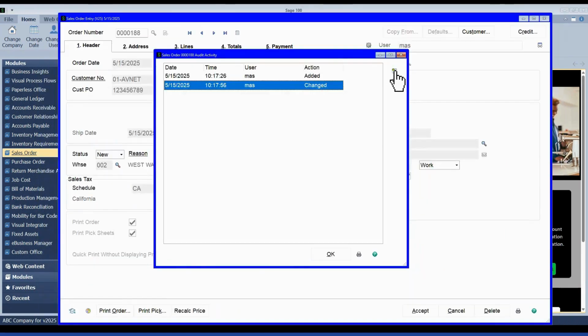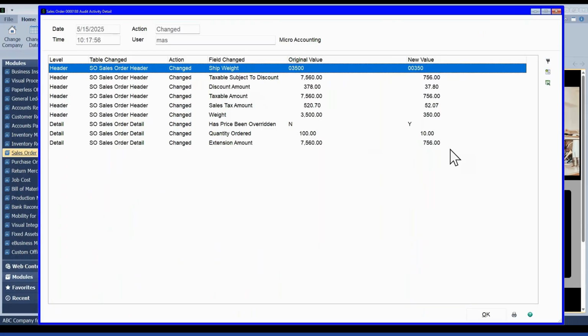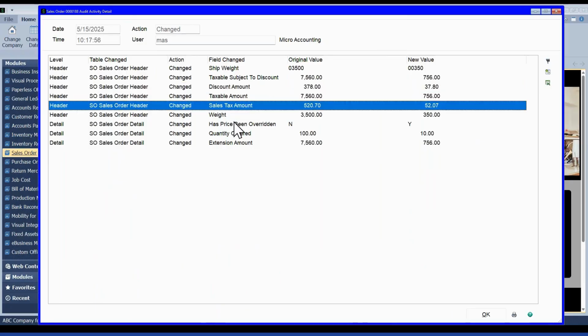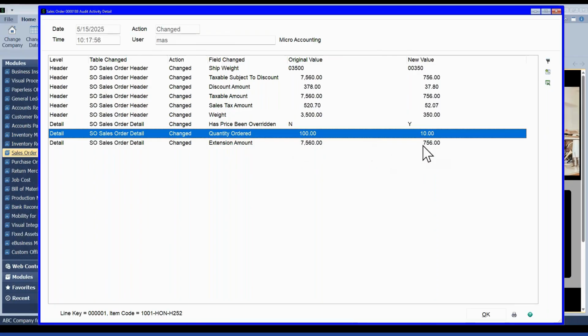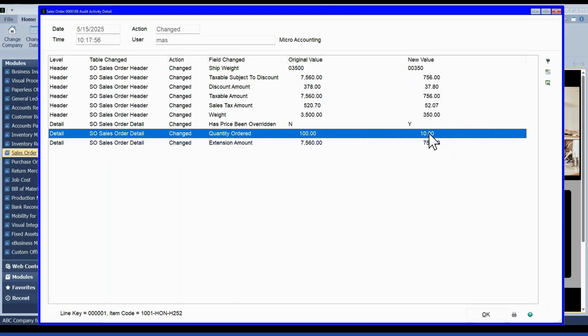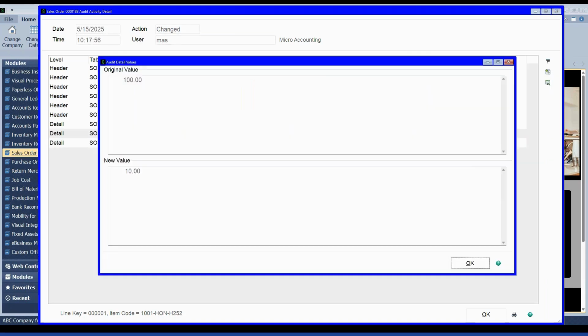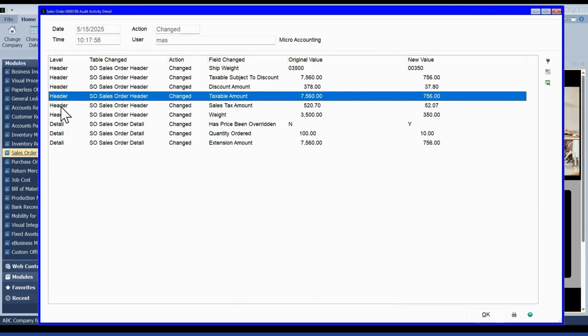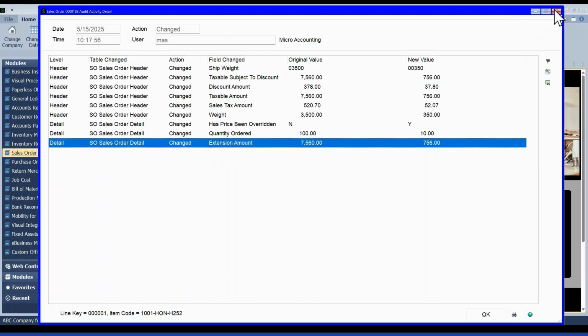Back up the screen, and if I want to see the change, these are all fields that the system recalculated as part of the change I made, even though the only thing I adjusted manually was this one here. It's still tracking, I'm sorry, this one and the, oh, where's it at? Oh, right there, the pricing on it, the extension not changed. The 100 to 10, it still tracked the other values as well. It does isolate for you a little bit here if it's on the header or the detail that changed.